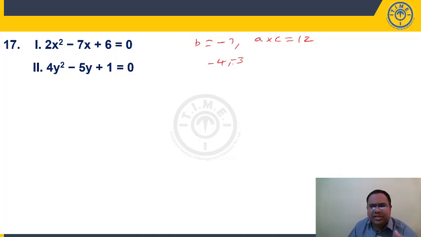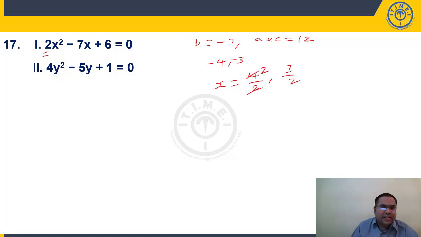That minus sign can be adjusted later. Minus 4 minus 3 is minus 7. Minus 4 into minus 3 is plus 12. So while writing the roots, you have to change the sign. Minus 4 will become plus 4 divided with coefficient of x square, which is 2. Comma 3 by 2. So 2 comma 3 by 2 are the roots.